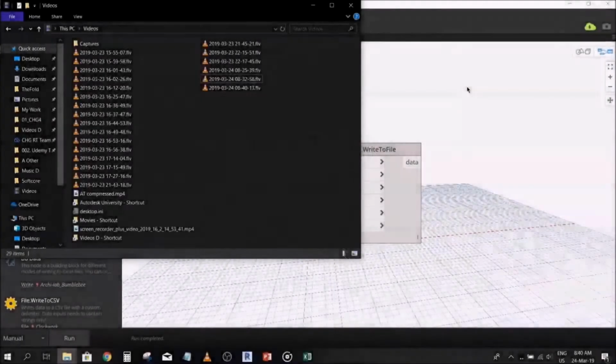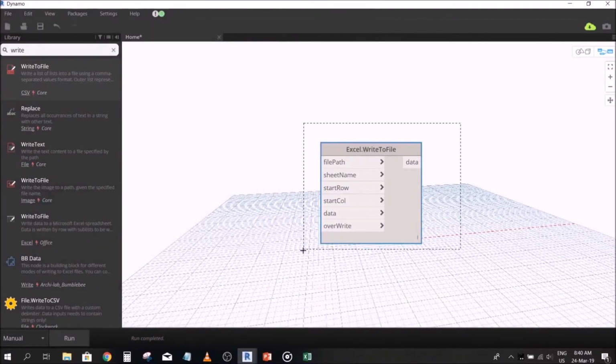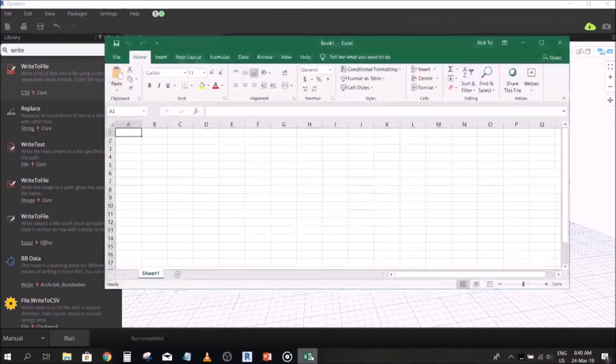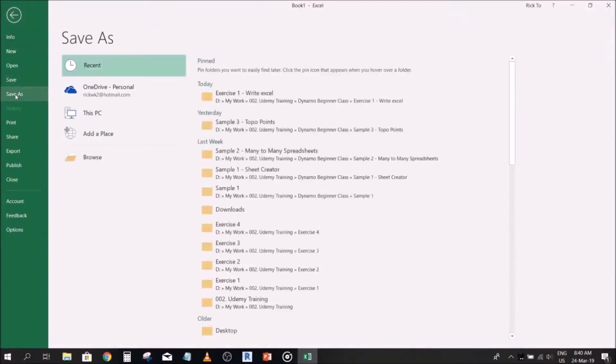Next steps, what we want you to do, instead of continuing with this particular node, just keep this there for now. Just open your Excel, just create a new document, and save it to a particular location,